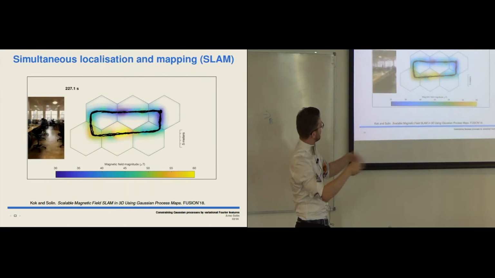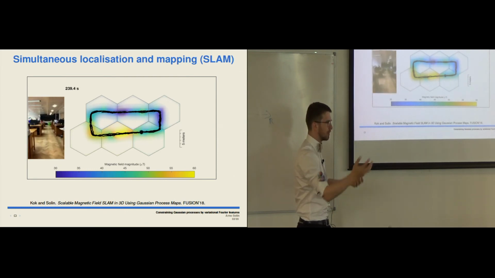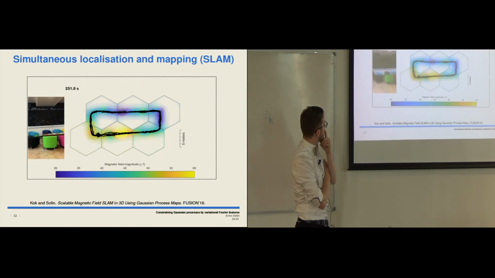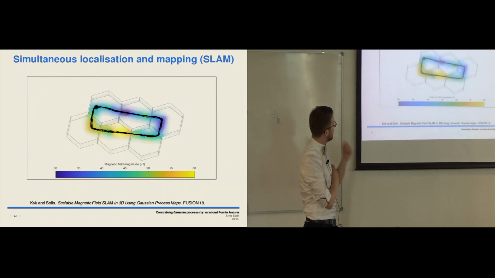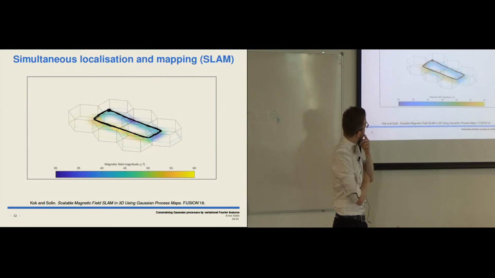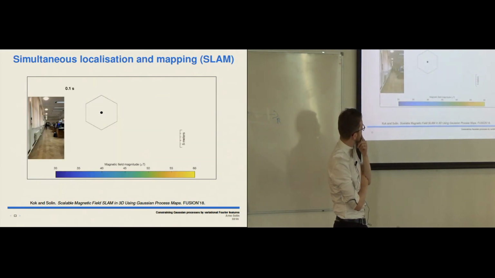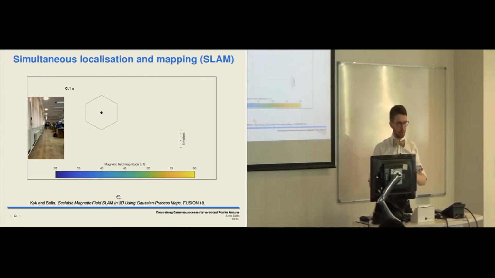And you see it doesn't drift because it has built the map, and the magnetic field is informative. There's a lot of metal in the space, pipes in the floor, and so on. So it really, really works. And as I said, the map is 3D. So this really has a 3D representation of, in this case, just the magnitude of the magnetic field which is shown. Yeah. So this was one of the motivating things to look at constraining